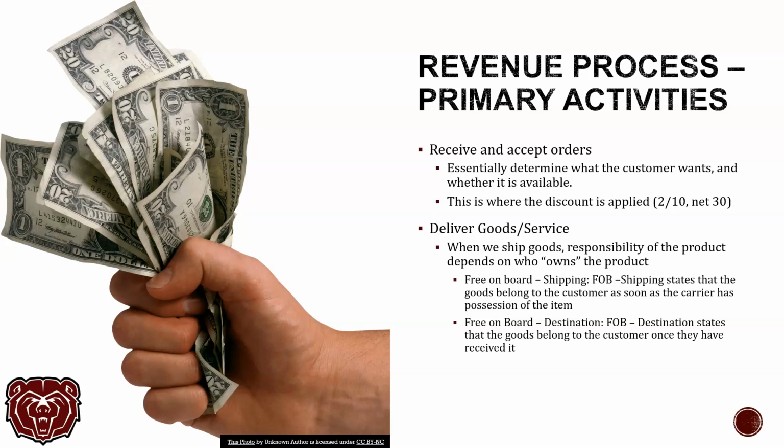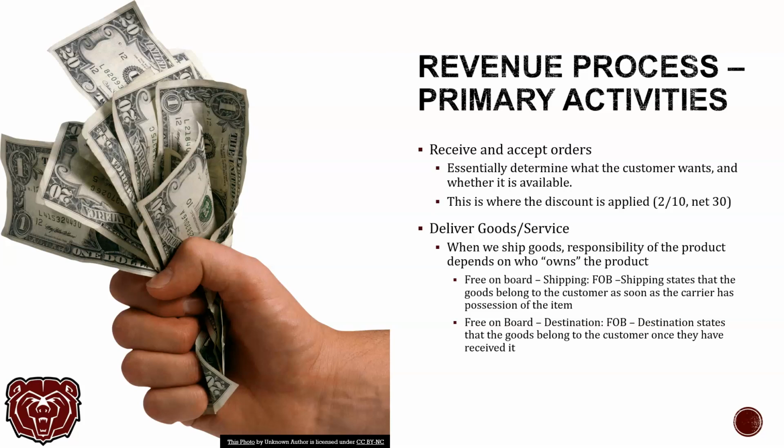So when we ship goods, we have to determine who the responsibility of the good belongs to at the time. So we have two different ways of doing that. We have free on board, right? So we call that shipping FOB is the first one. So FOB just means free on board. And if we say shipping FOB, we simply mean that the good belongs to the customer as soon as the carrier has possession of it. So if we're shipping it via FedEx, as soon as we put that good on the FedEx truck, the customer has possession of that item and it is as good as theirs. Okay,